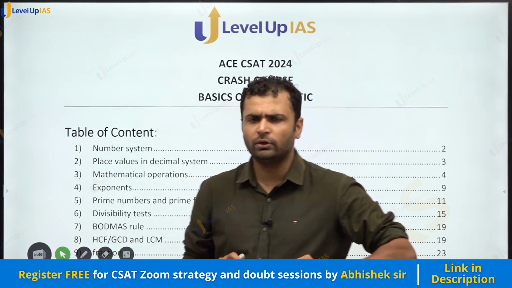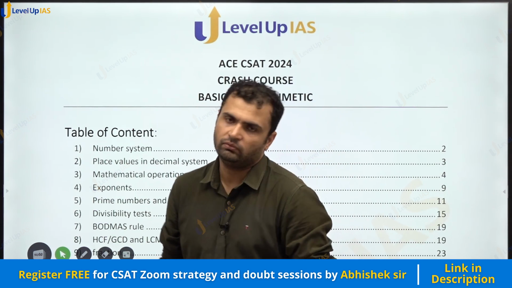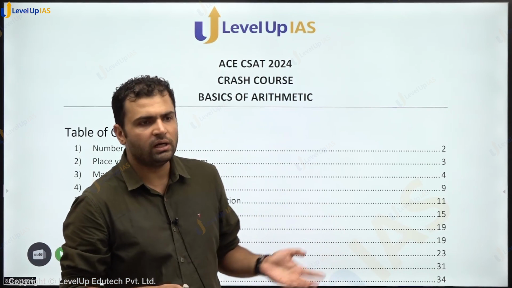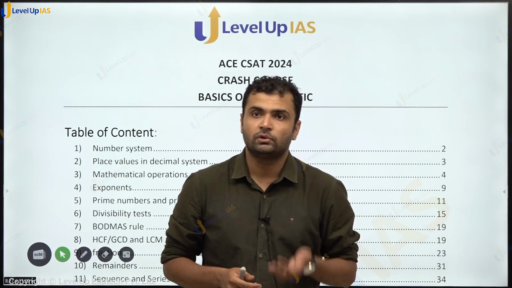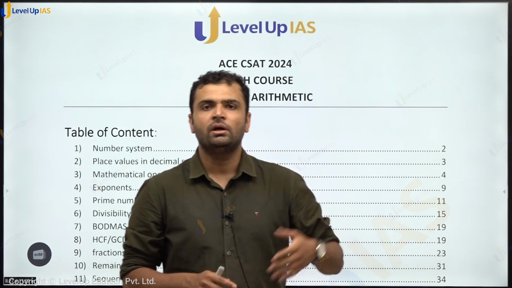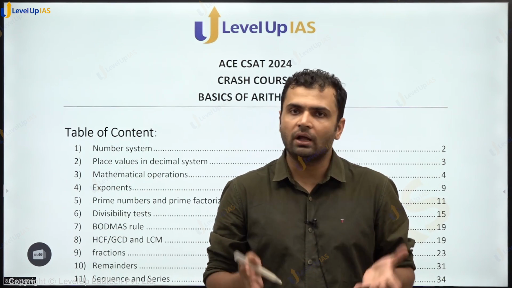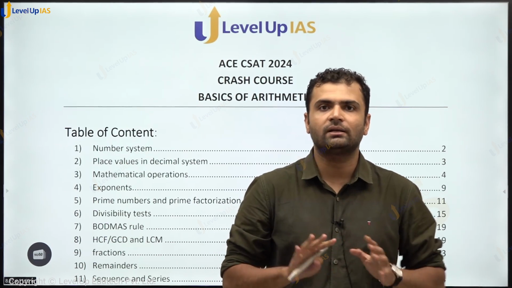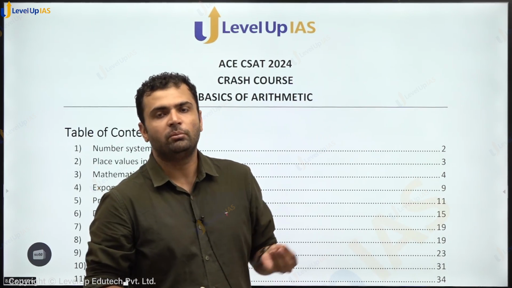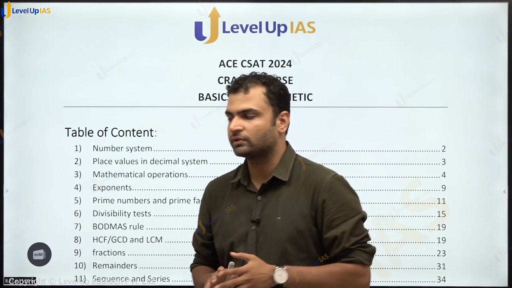So the most important topic, hands down, is going to be arithmetic for us, because at least 15-17 questions are directly asked and many more are indirectly asked. And if you include permutations and combinations, which essentially is about counting, in this chapter, then the number is even higher. So the underlying point is, if you don't understand arithmetic well, it becomes very, very difficult to qualify in CSAT, because this forms the base of the quantitative aptitude part of our syllabus.